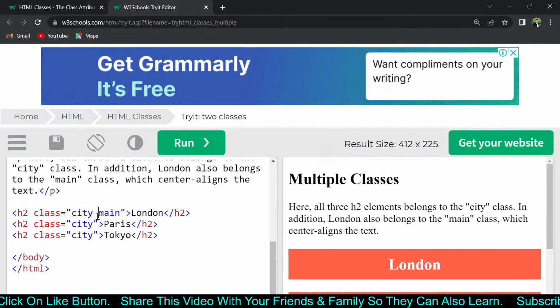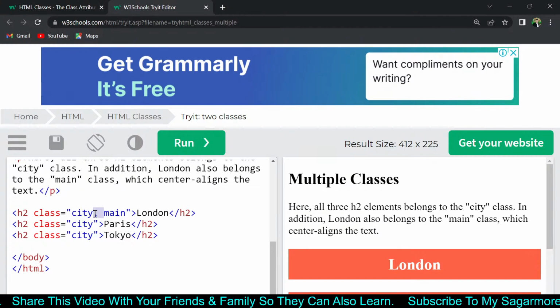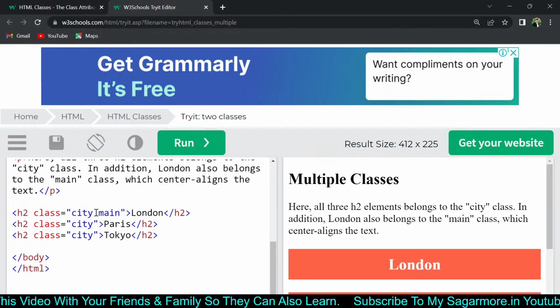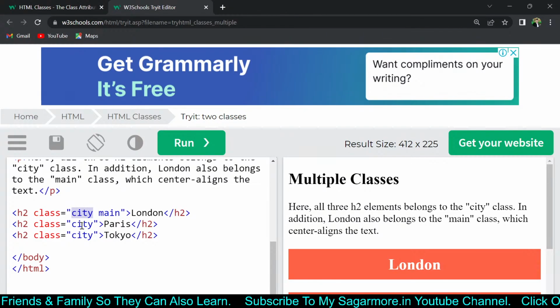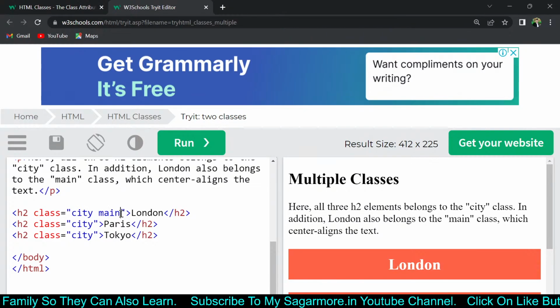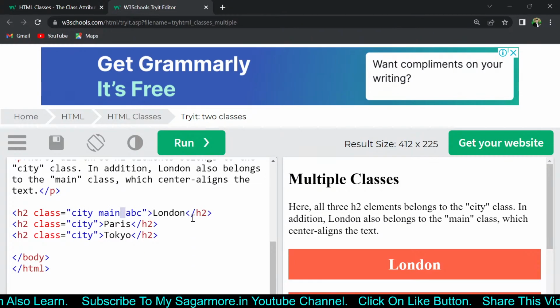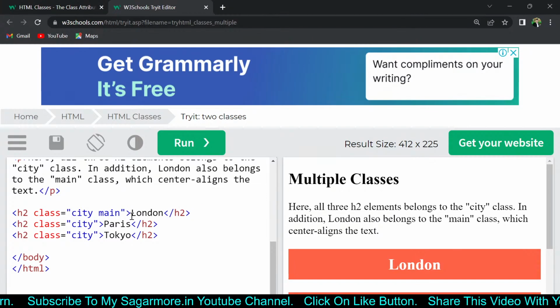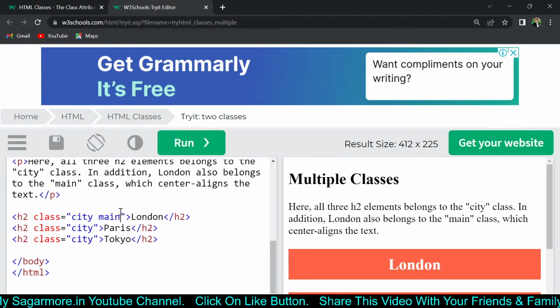So instead of comma, you should consider space for separating two different classes while giving it on an HTML element. So this is the syntax: city space main, and if you have another class, let's say ABC, then also it will go here with the same space. So this is the way to write multiple classes to one element, and that's why you will be able to